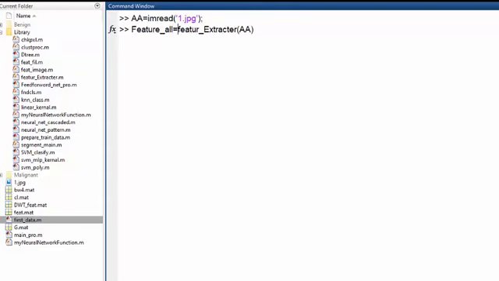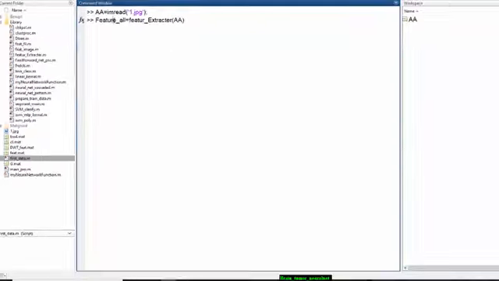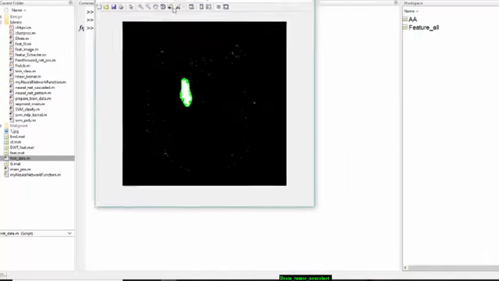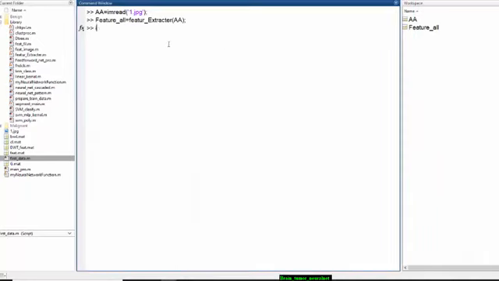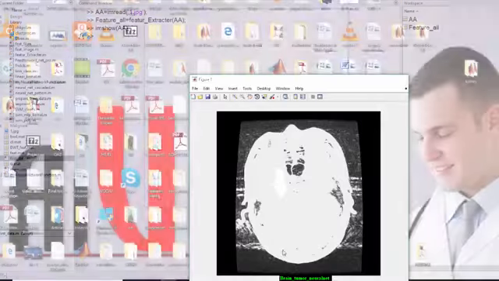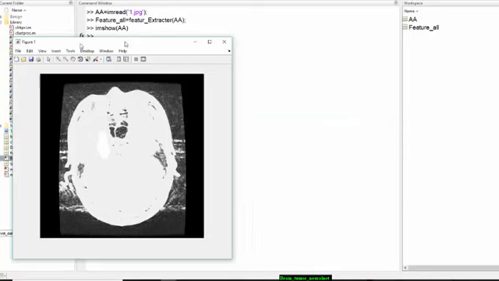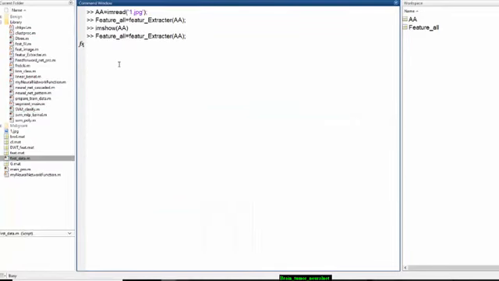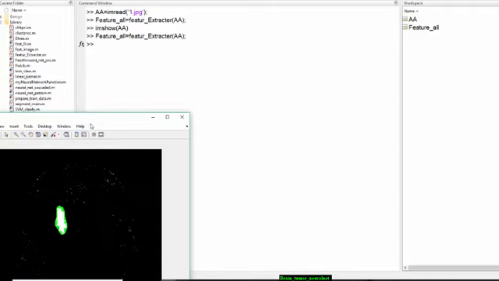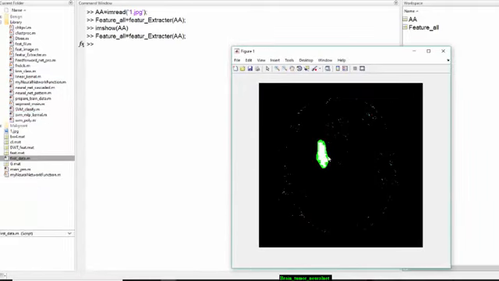As you can see here in my workspace, the image size is 500 by 512, and when I extract all features, the process is followed by segmentation. This is the segmented tumorous part, while the original image looks something like this. When I perform the feature extraction, it gives me the extracted result. This is the largest part which is detected as tumor.